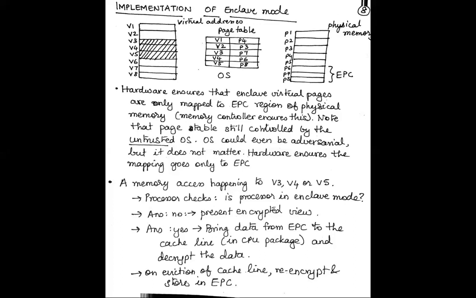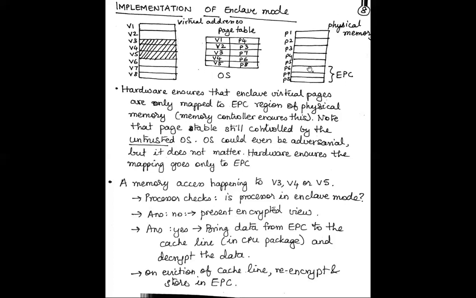And a determined cloud attacker, an adversary in the cloud, can actually go and insert probes on the memory bus and tap every bit that is traversing the memory bus, which is the interconnect between the physical memory and the CPU package. And SGX ensures that the physical memory that is backing the enclaves,